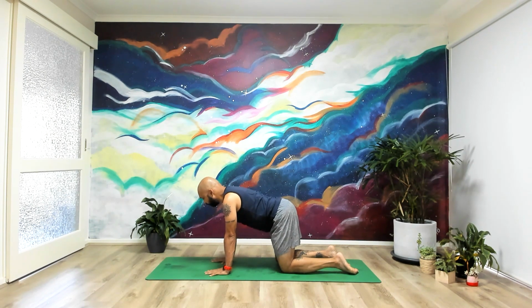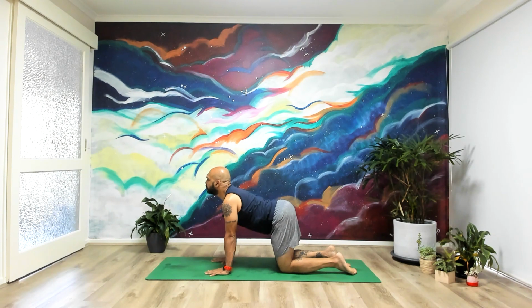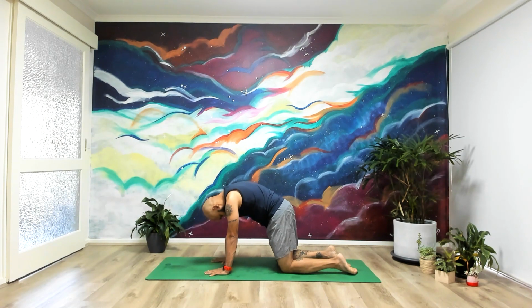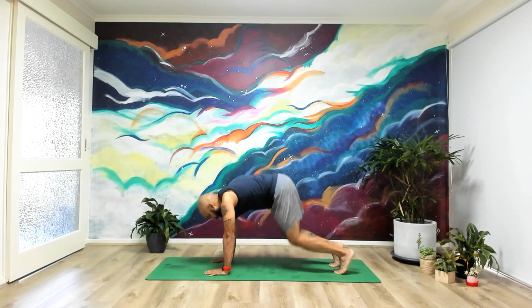Continuing like this, as you go through your cat-cow movements, one more round here. And coming into stillness. We're now going to tuck our toes and then lift our hips towards the sky, coming